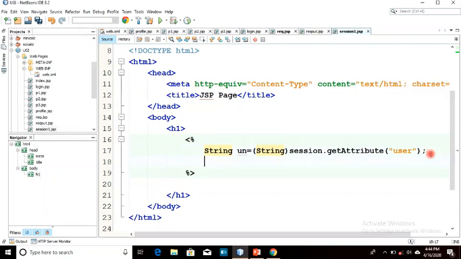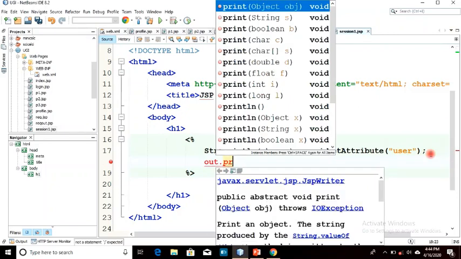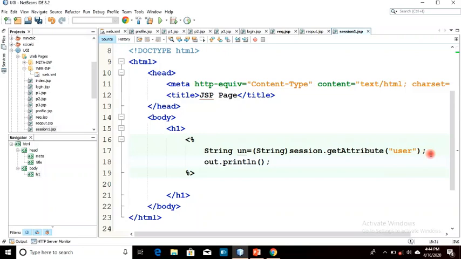Okay, so now I'm going to print this. So I have extracted it here. So now we have this particular code.